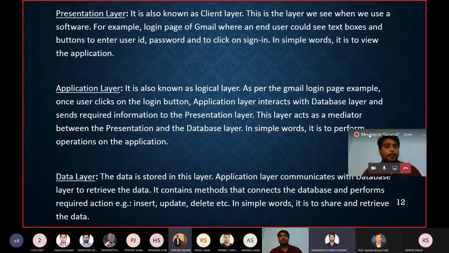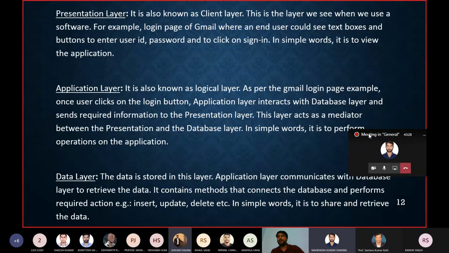Sorry, sir. The application layer is the middle layer where the processing is occurring. But in the OSI model, the application layer is the first layer, the interface to the user. And the data layer here is, in the OSI model, the data link layer. Before sending packets on the physical path, they have to go through the data link layer. That is another aspect. But they have given different notations like presentation layer, application layer, data layer. These are not the exact layers of the OSI model. Okay, yes, sir. That's what I'm saying.